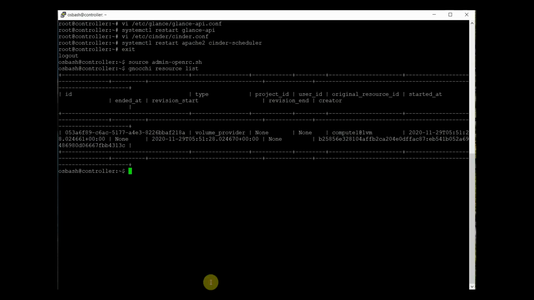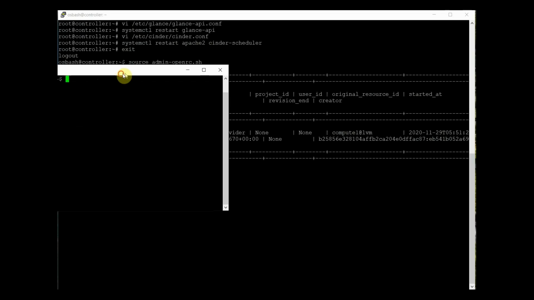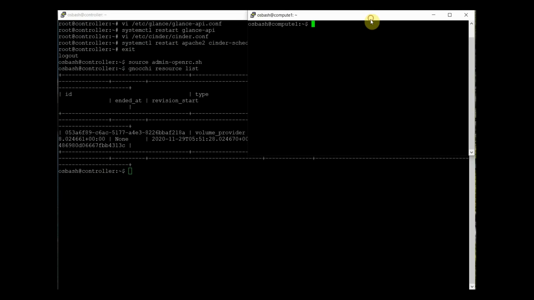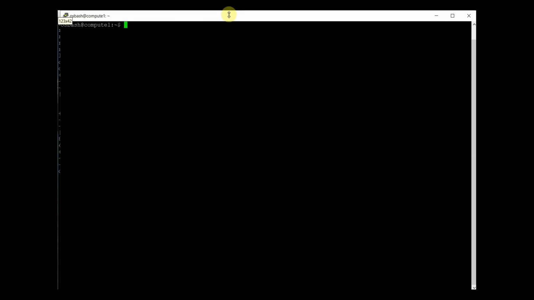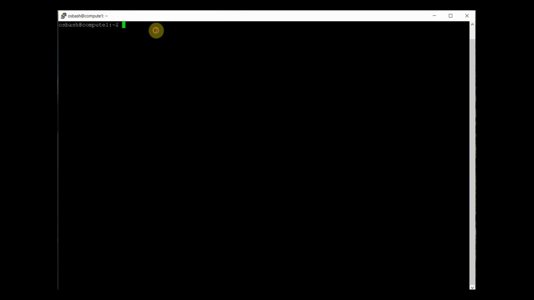So let's continue. We jump to our compute node where we install the data exporter service, specifically for the most important part, which is our Nova compute service, because in my case my Nova compute service is installed on the compute node. So I must talk about that compute node. So let's do that also on the compute node. So this is my compute node.